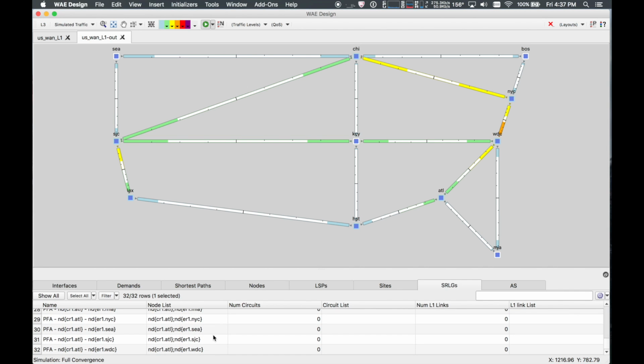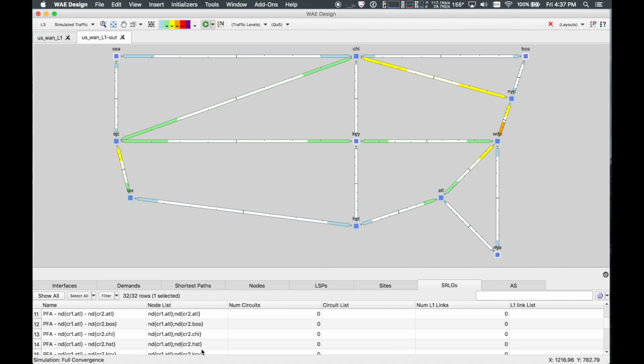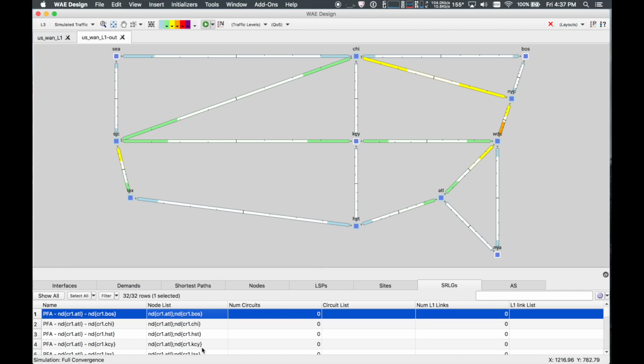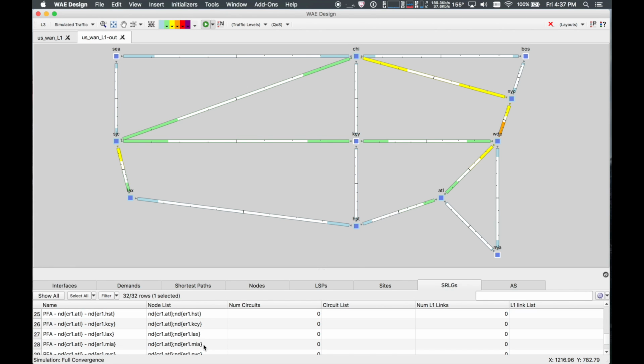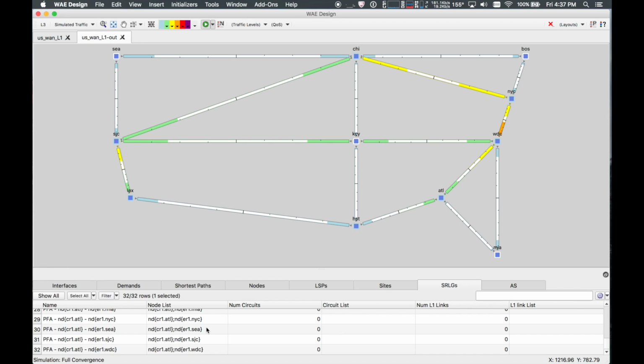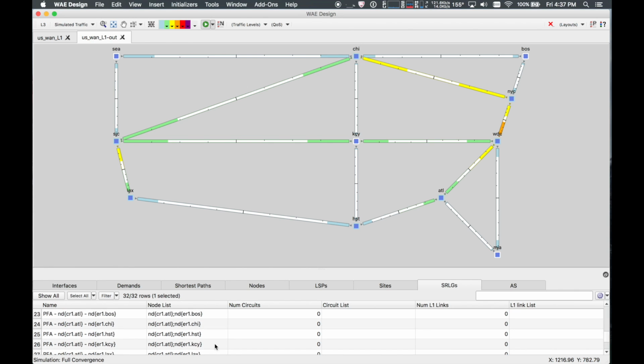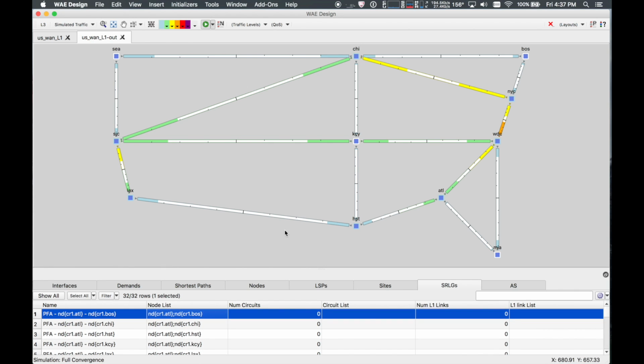This is just one of our sample plan files, but if you have a larger network, you can imagine this list getting very long to match all the possible cases in your network. So once I have this